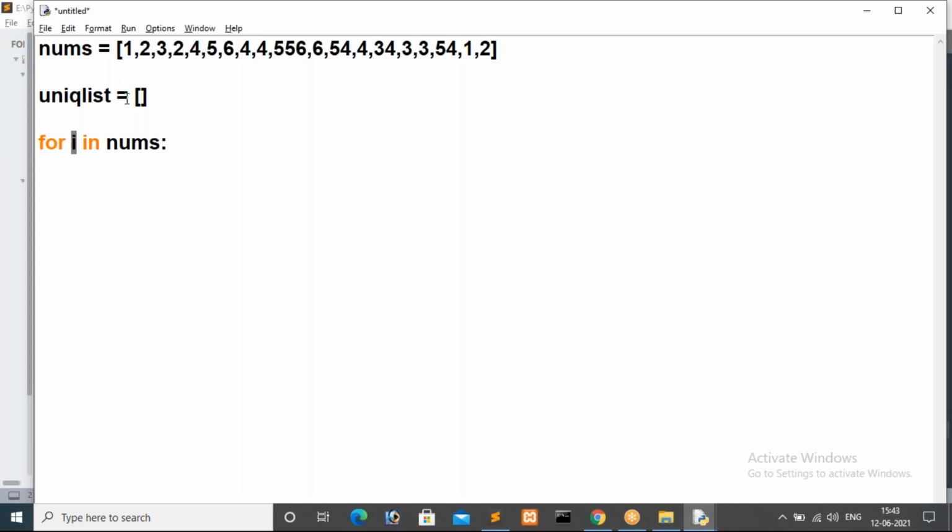If that one does not exist in the unique list, then absolutely in the new list we have to store it. First we have to check whether that I value exists in the new list or not. If it exists, what can we do, guys? If that value exists in the unique list, what do we have to do? Just assume, think on your own, guys. Is there any necessity to do something?